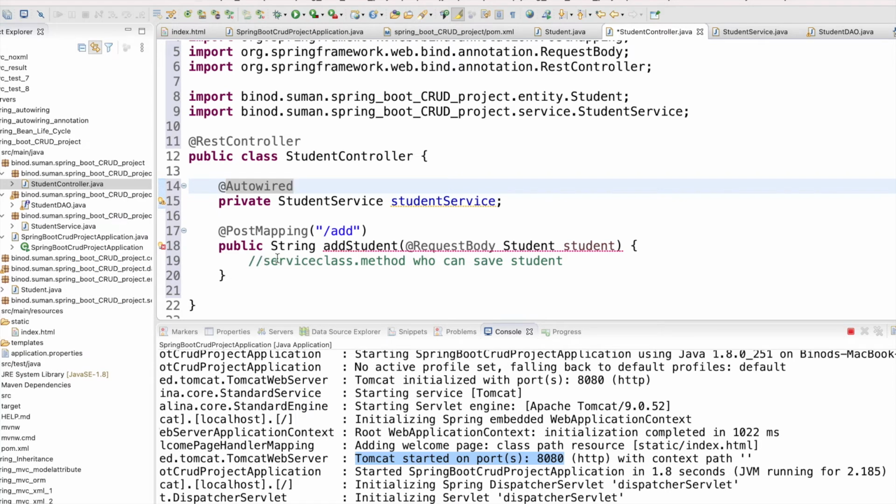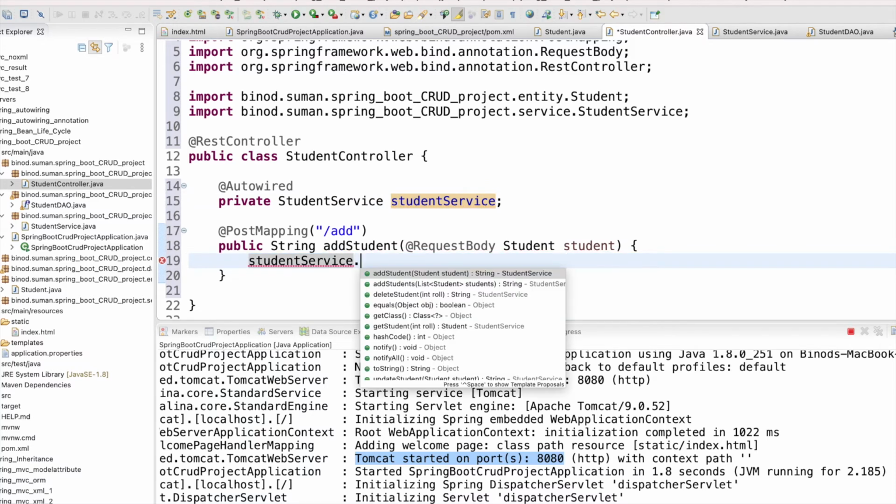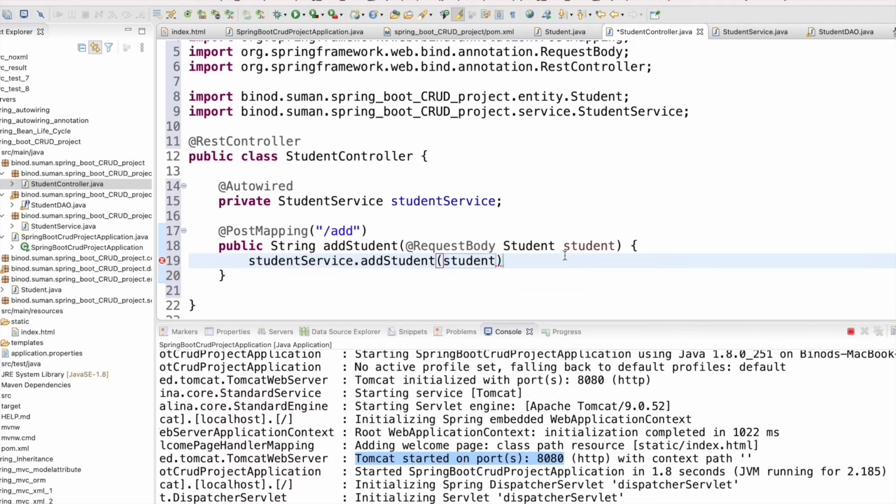Now here you can call the student service, and it will save your data, right? You just have to call add student. They will add the student, and it will also return the message that one student has been saved, right?